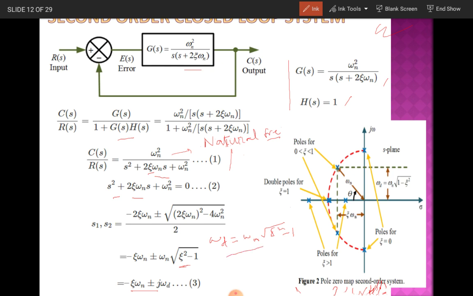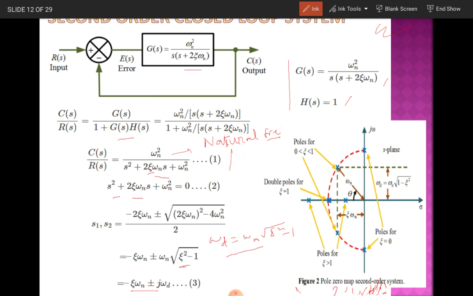So omega_d can be expressed in terms of omega_n, where delta is the damping factor and omega_n is the natural frequency of the system. While designing a system, omega_n is fixed, whereas we can vary the damping factor delta. The system performance mainly depends upon the characteristic equation, in turn the poles of the system. Here we get two complex poles. By varying delta, the pole values vary, so we can change the system characteristics.